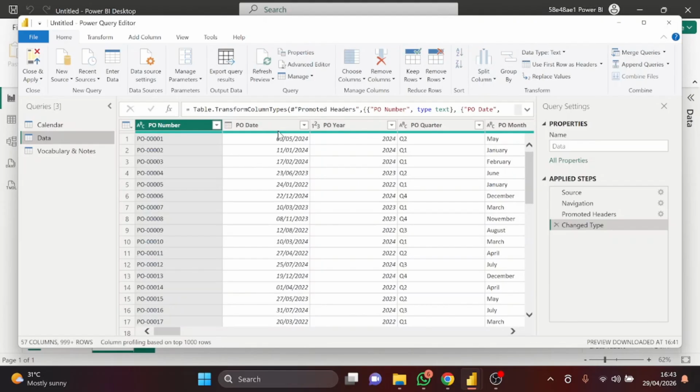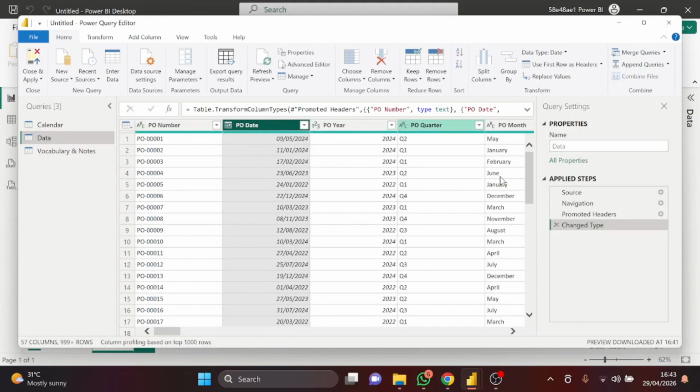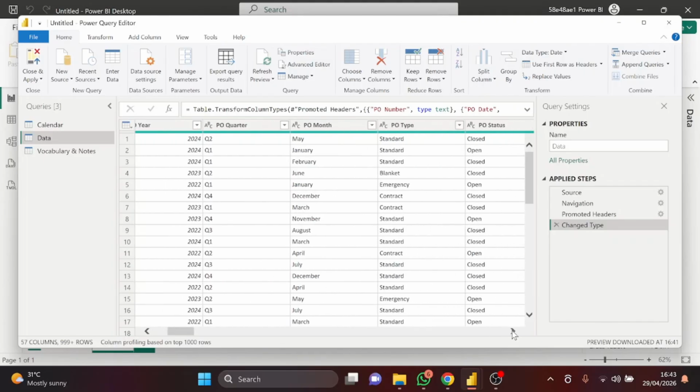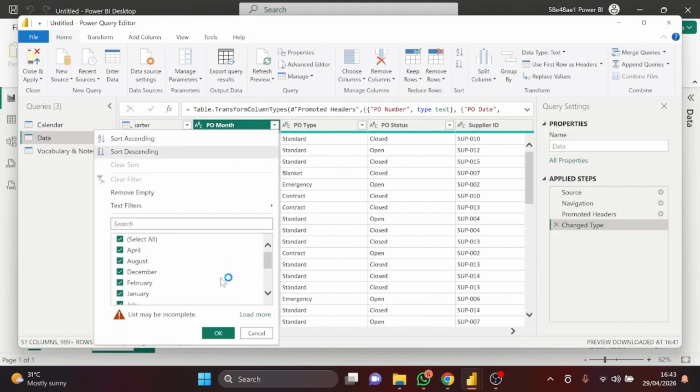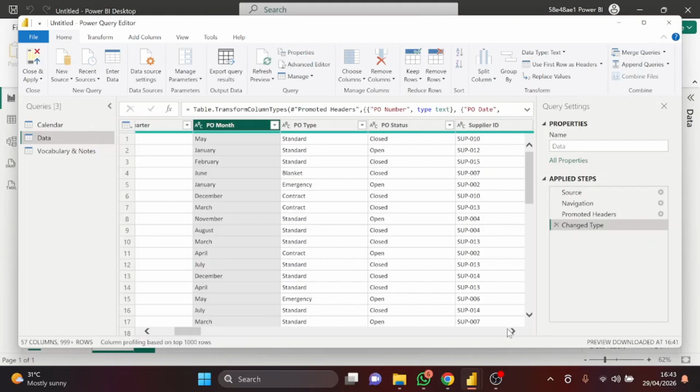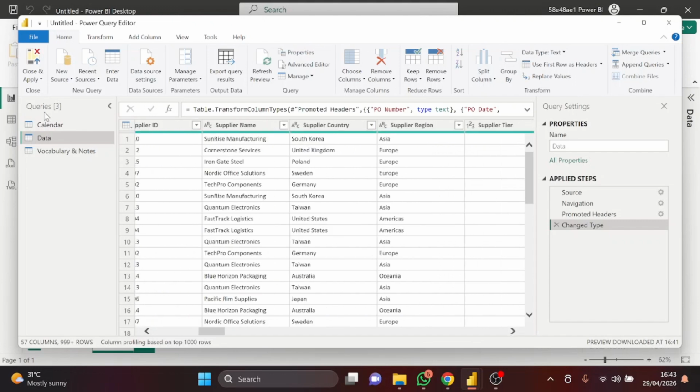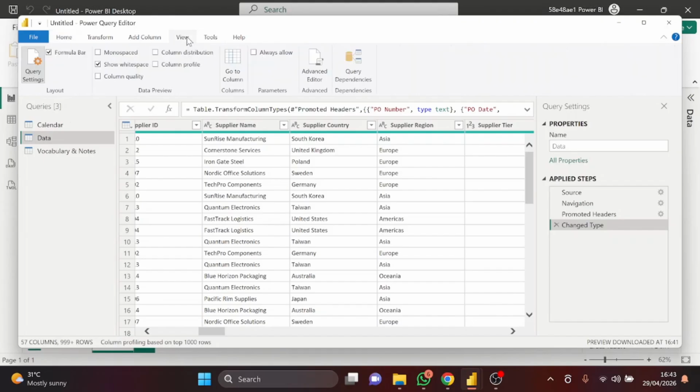You first check your data types to see. Okay, this is date. This is labeled as text. This is number. This is text, as you can see. Then you can use this drop down to check if there is an error. This may be incomplete. So something is missing here. So I need to check some things, refresh,